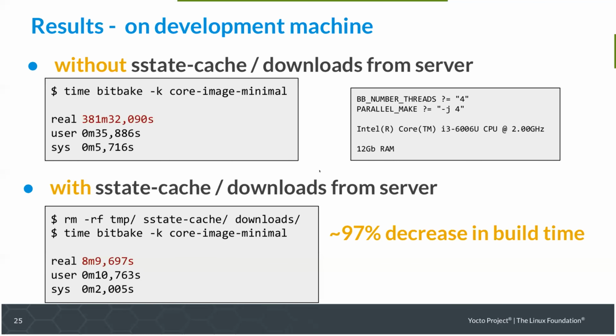Well, if I do the configuration I did before, configure my mirrors, and before doing any build here, I clean all my local state cache, output folder, and downloads, and did another build of the core image. You can see that we reduced our time to generate an image to 8 minutes. So again, if you compare, that's something around 97%